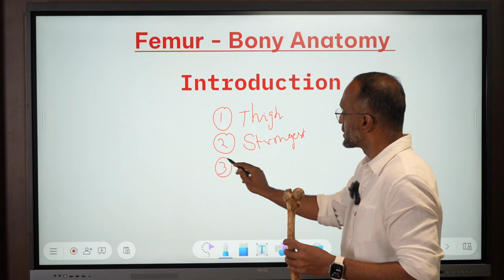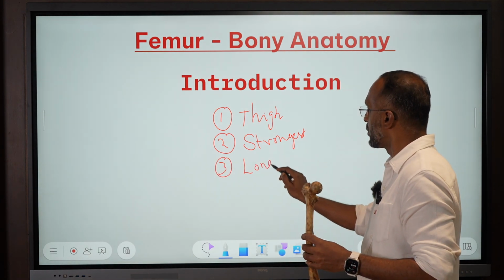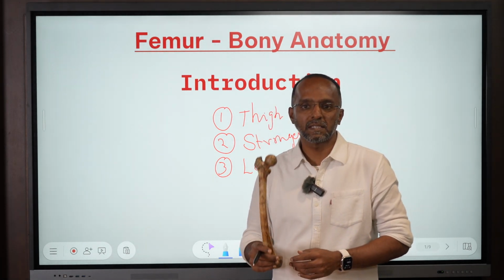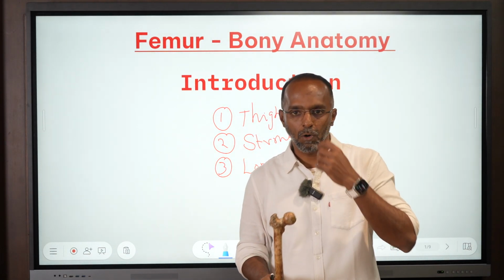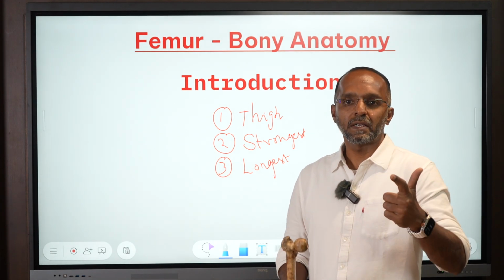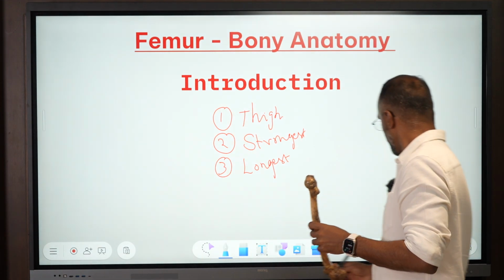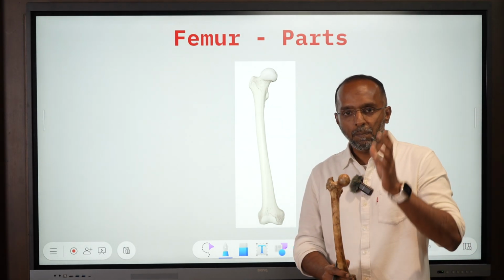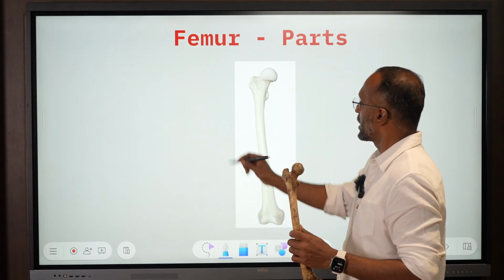Third point, it is the longest bone of the body. Of all the bones in the body, the length of this bone is the maximum. So introduction 3 points: it is the thigh bone, it is the strongest, and it is the longest bone of the body. Next, coming to the parts of the femur, like any long bone, the femur can be divided into